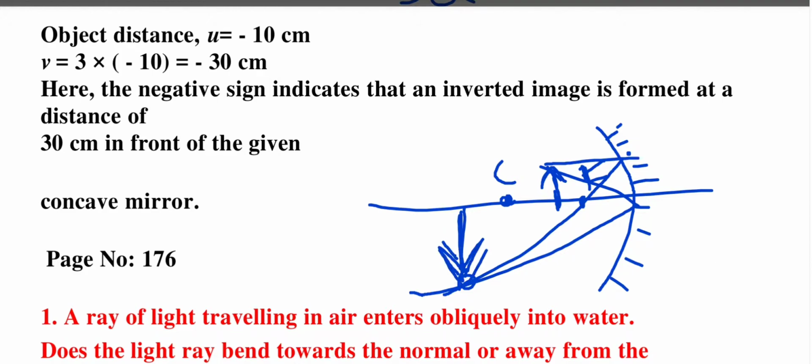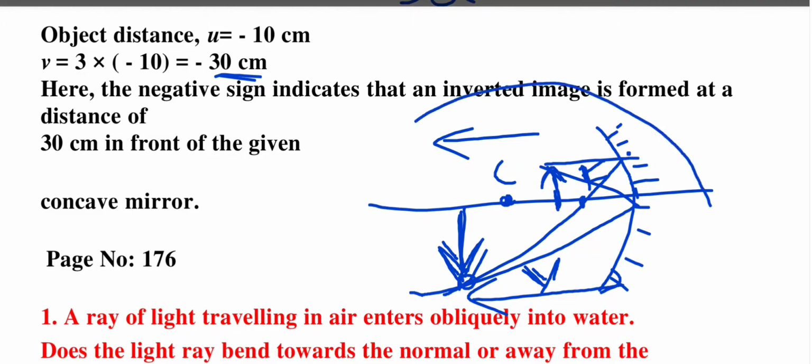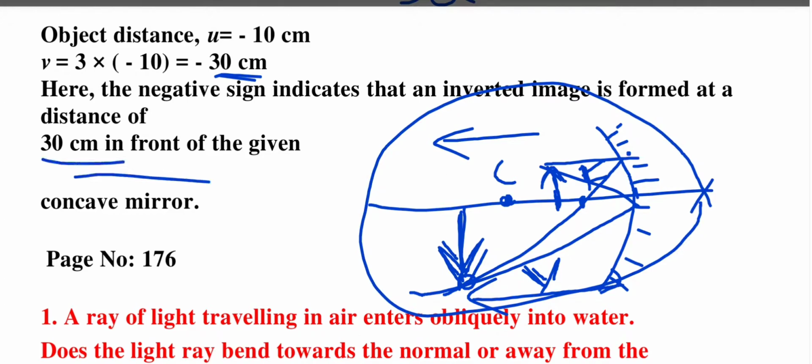So they are asking you to find this distance, the distance between the image and the pole, that is the image distance v. You can see from the figure, the image is on the left side, so we will get it as negative. So you got it right. This is how you have to guess what exactly the answer will be, and then get the answer. So hope you are clear with this question.